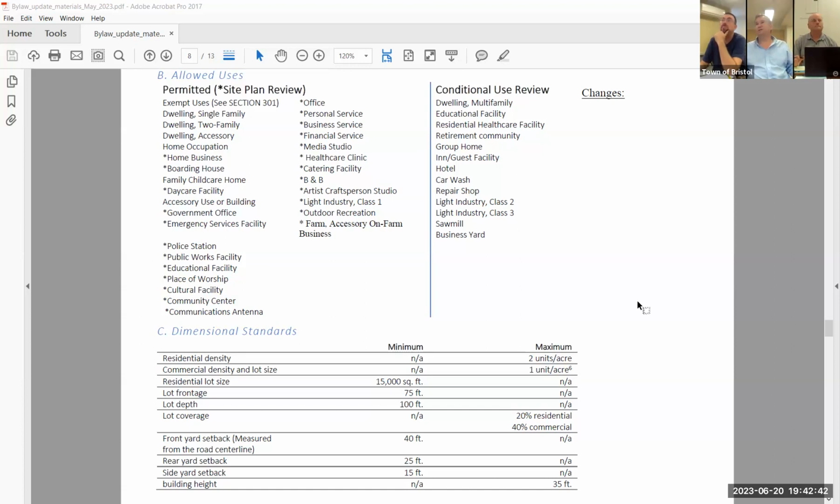And it looks like Melissa has her hand up. Yeah, I had to duck out last time because of the headache, but did you come to a conclusion on lot coverage? Did we? We did not. Okay.